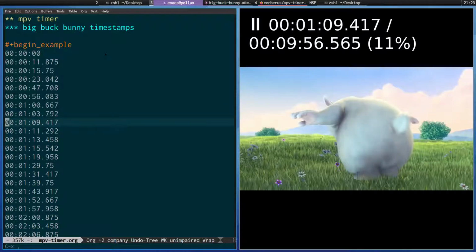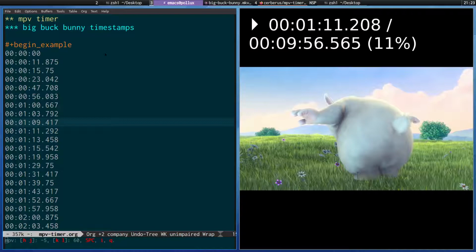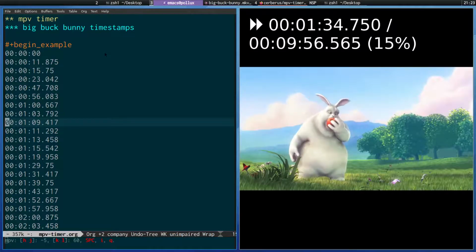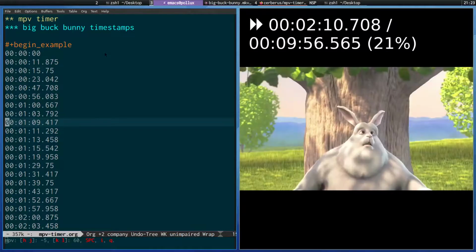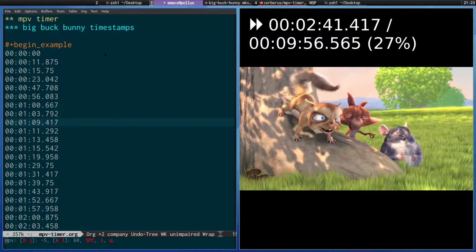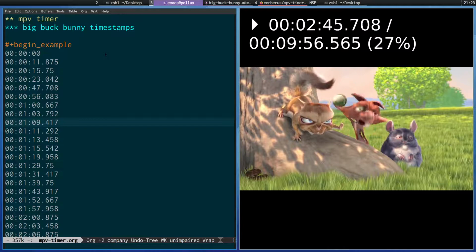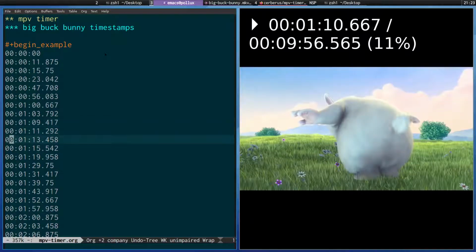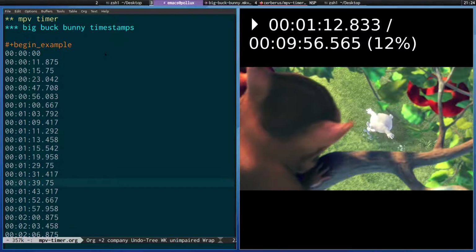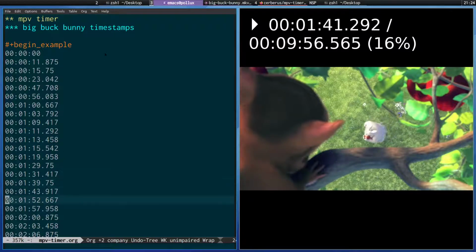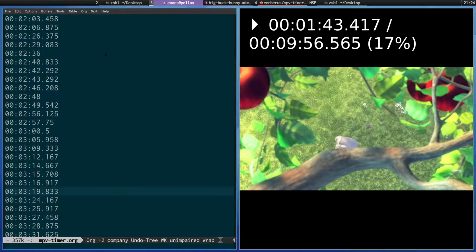So I can press function F2. Now I can play this, and I can come across and control it like this. When it's playing, I can actually go through these timestamps and just jump to them. So if I want to jump to that point,